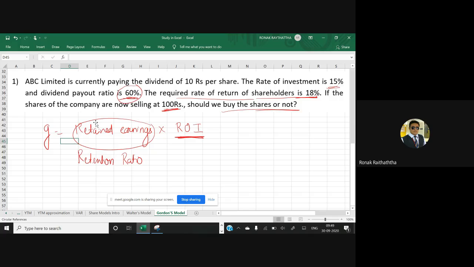So whatever money on which I have a right to get as a dividend, you are keeping it with you. That is only the retained earnings, right? You are keeping that money with you. So what amount you earn from that retained earnings, what percentage you earn on that retained earnings, I want that percentage as a growth rate. Because I had two alternatives, one to take the dividend, another to keep it with you. If I take the dividend,